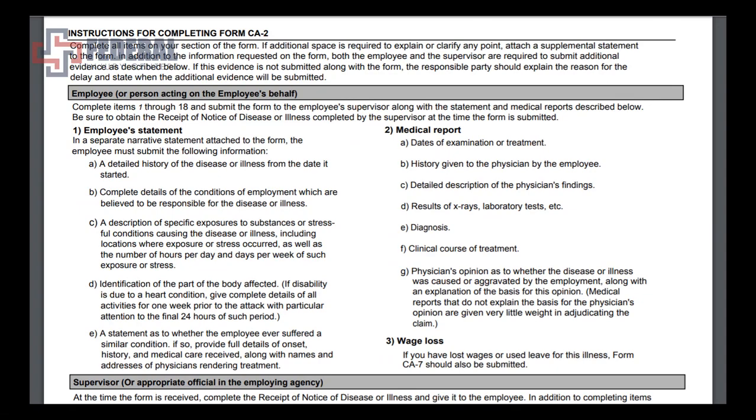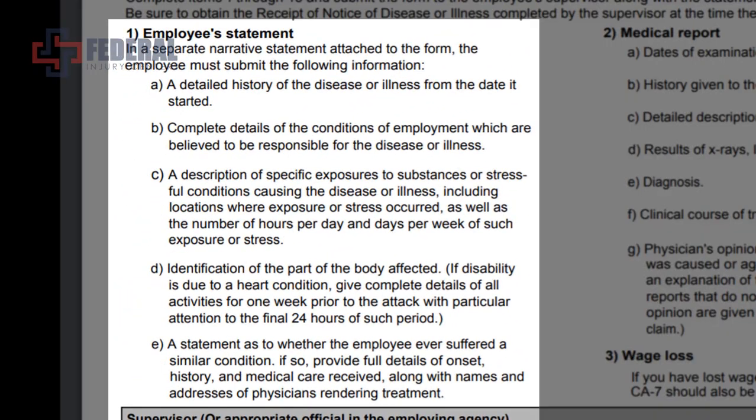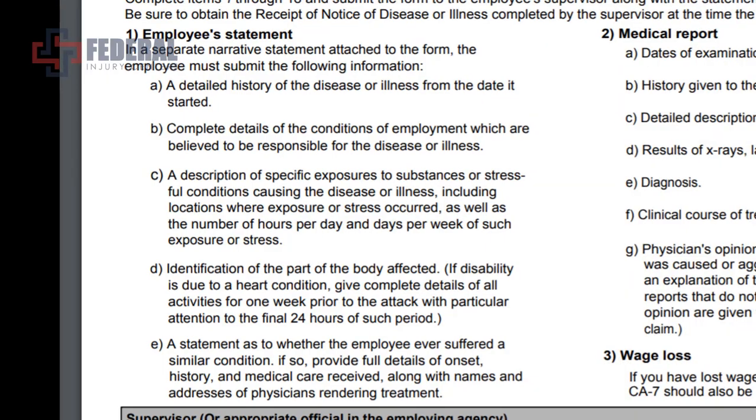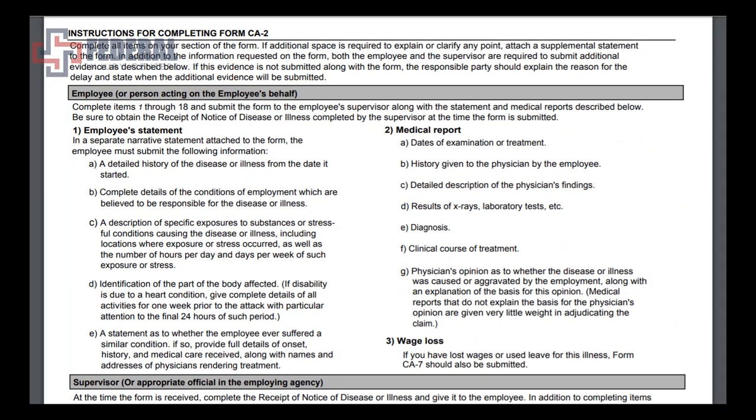Now, everything under this section here, employee statement, you have to answer. If you do not, your case will not get accepted. This information is called different things by different people, but for the most part, it's called CA35 information, factual data, supplemental information. I'm going to go ahead and cut away to the CA35